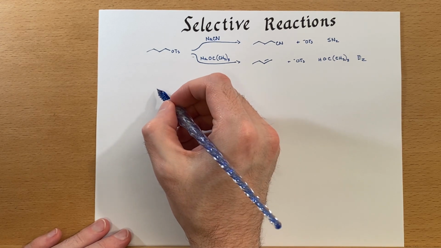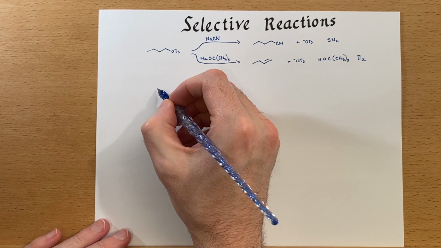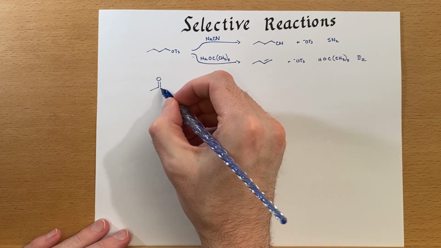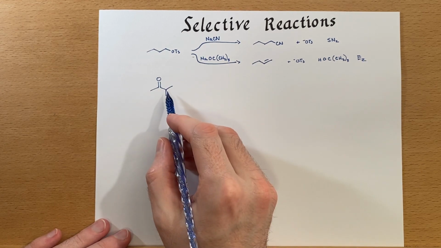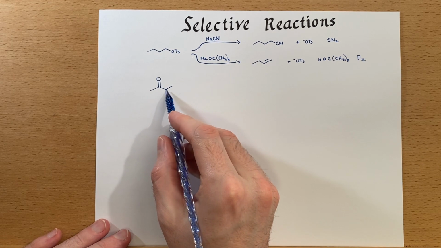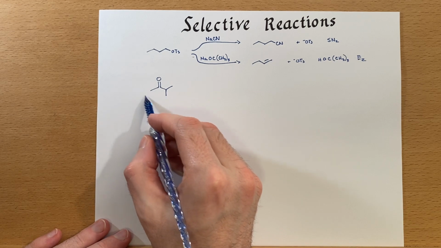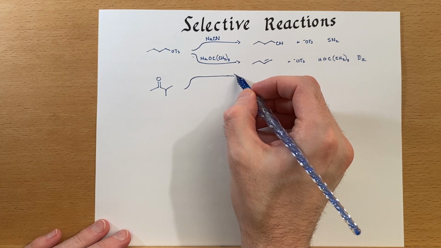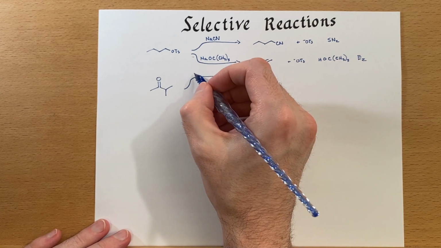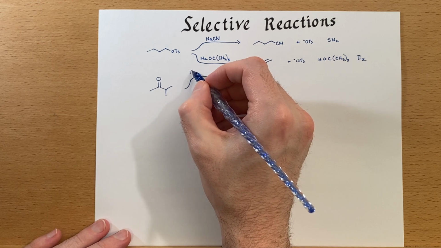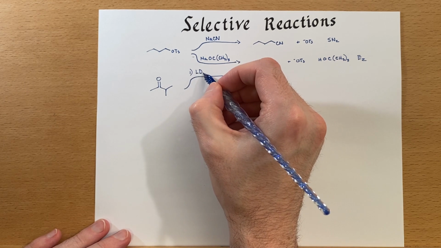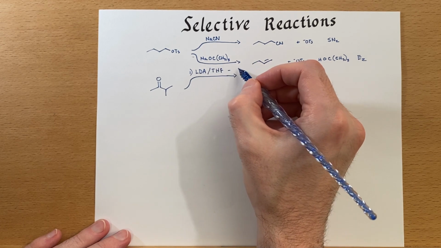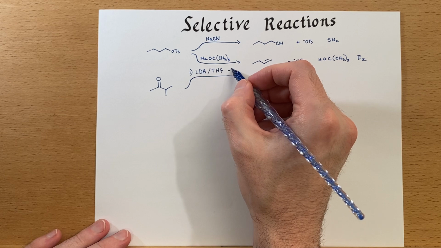Other selective reactions that we've discussed are alpha addition. So just to review that, here we have a choice, right? There is a hydrogen on this location, and there are several over here. And if you recall, if we employ kinetic conditions and do this with lithium diisopropylamide, or LDA, at low temperature, minus 50,